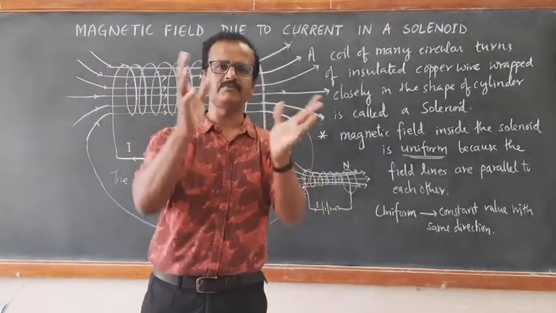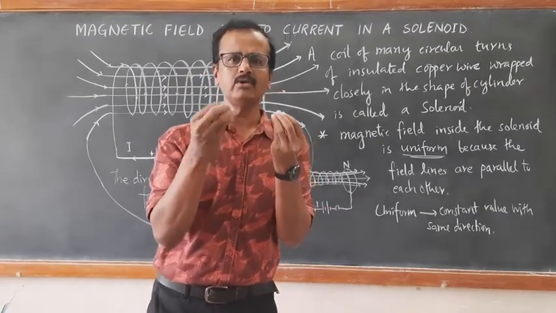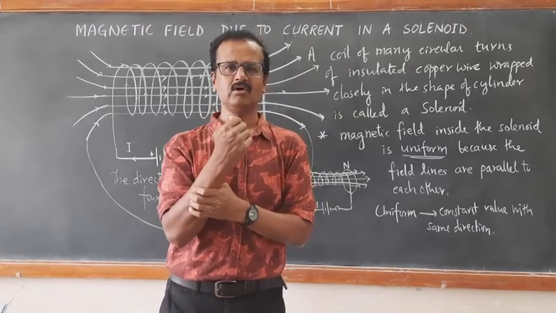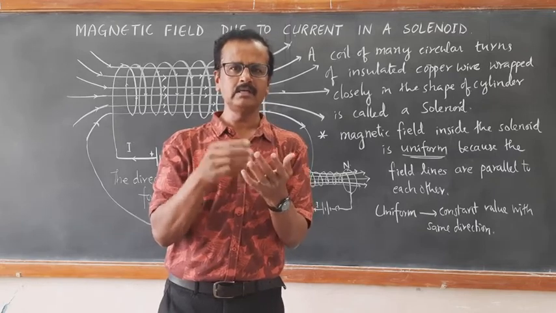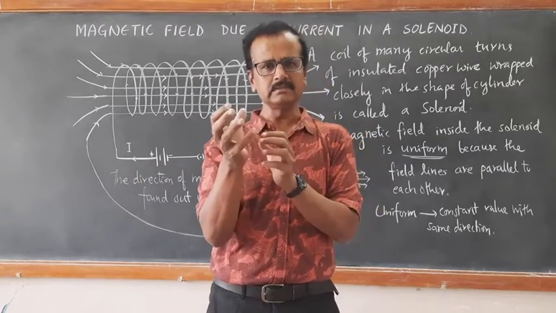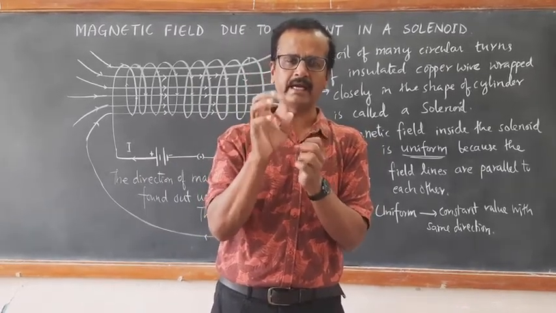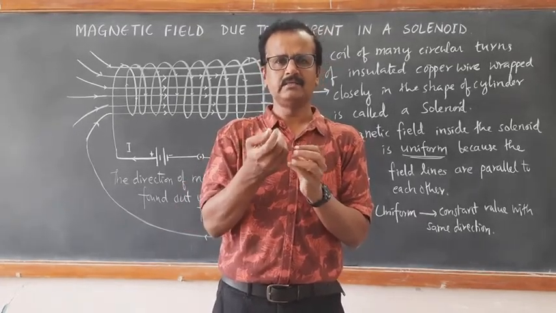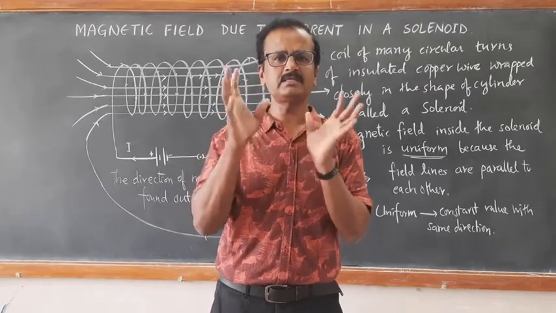The moment you switch off the current, what happens? The iron rod loses its magnetic property. This you might have tested with iron filings or small pins. The moment you switch on, the nail head immediately attracts the pins or the iron filings. The moment you switch off the current, the iron filings or pins just drop.